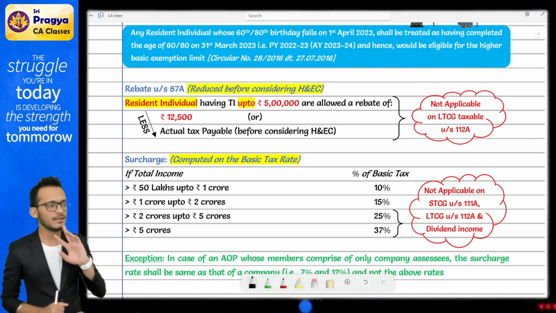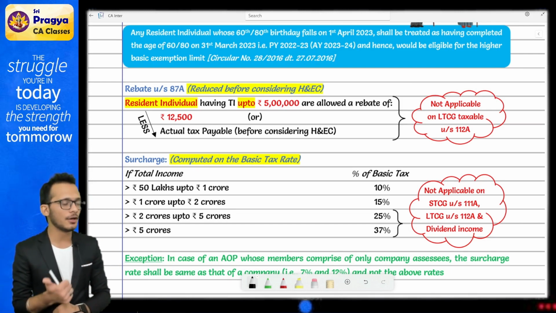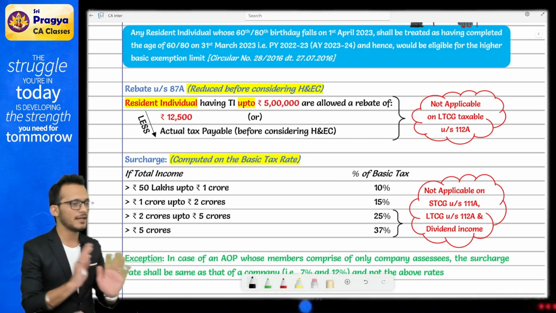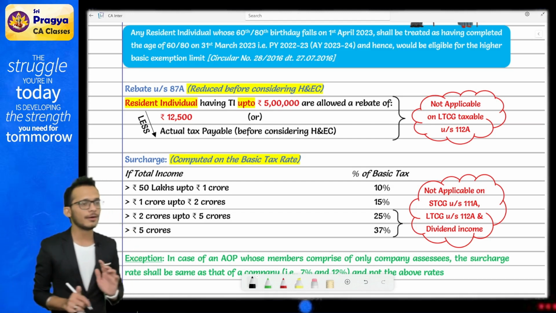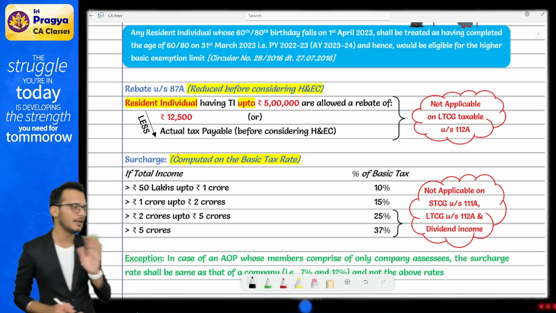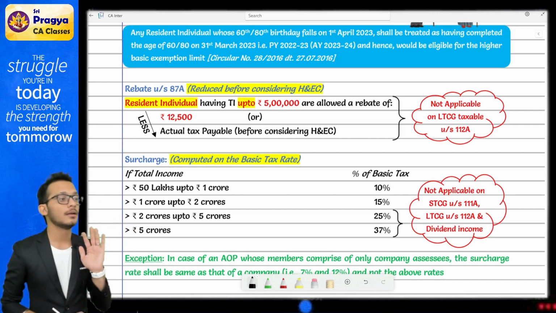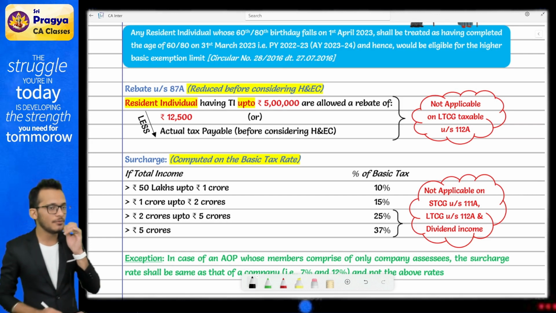This surcharge is applicable the same under your old regime and your new regime, alternate or optional, whatever you call it. Yes, under your old regime and 115BAC, same surcharges, same rebate, no changes in that. With me till here? Yes. Then they came and said, Rahul, if you are going to levy surcharge,